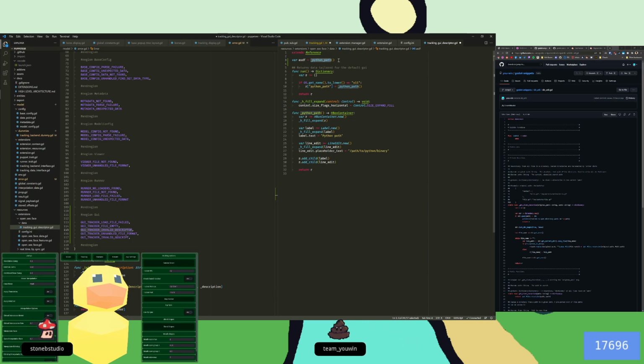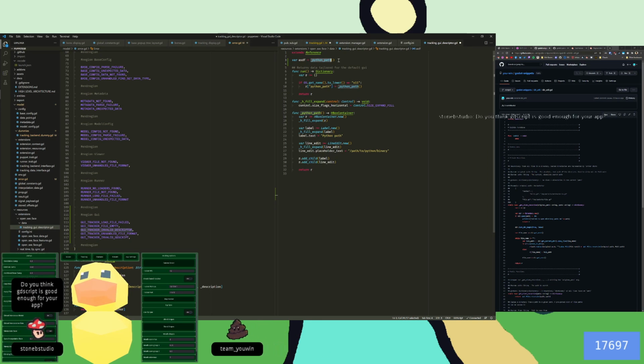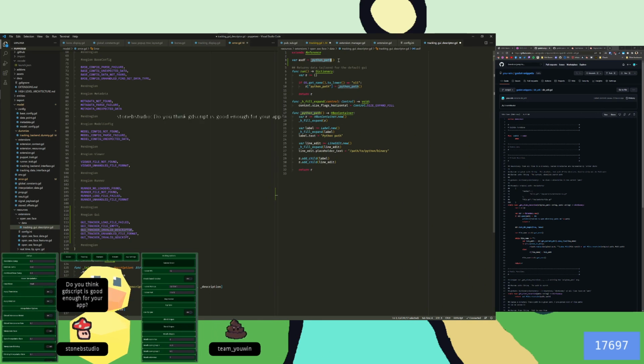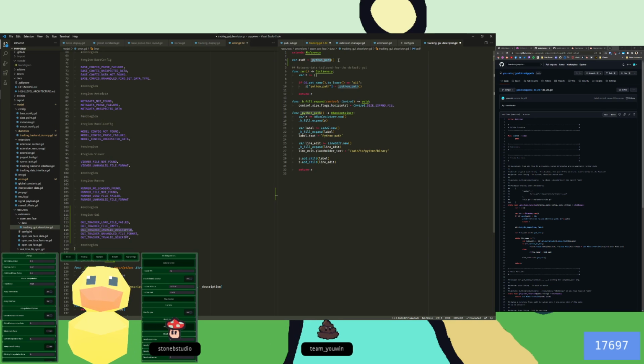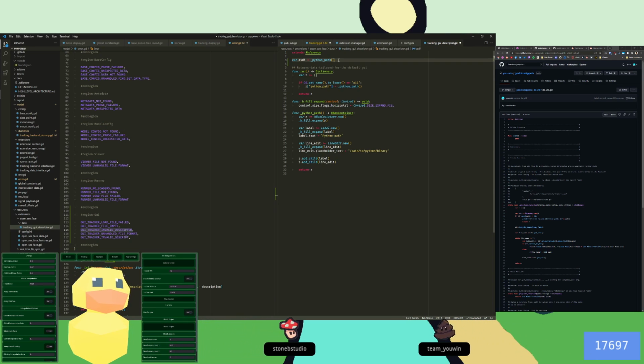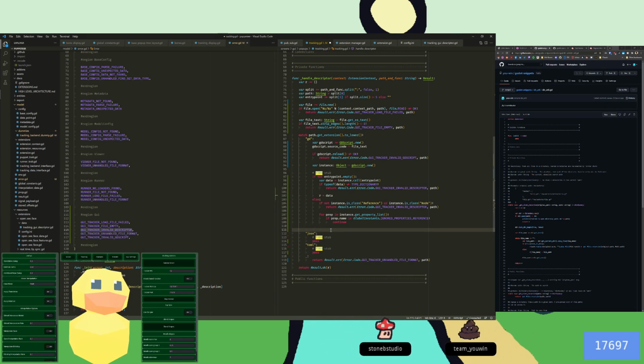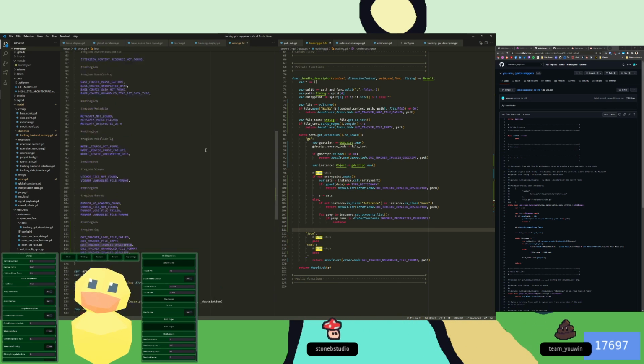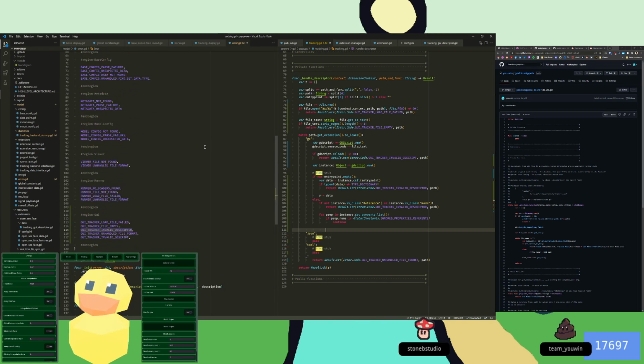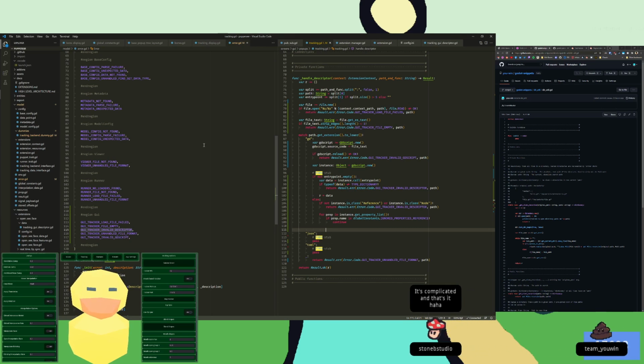Oh yeah. You think GDScript is good enough for your app? I think it's hard to say. I was about to say yes, but that's not true. I think for any application that gets sufficiently large, you need to have namespaces. So GDScript does not have a namespace. Everything is just in the global namespace, which is really tough to work with. Like, yeah, there are workarounds, but